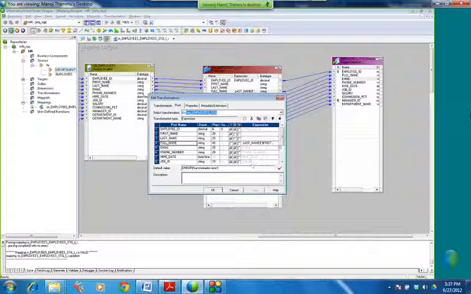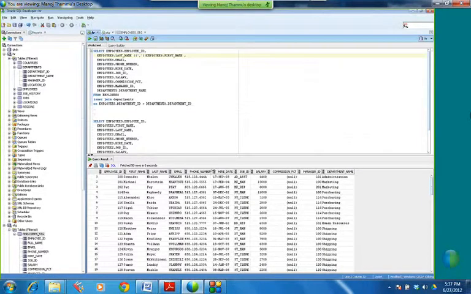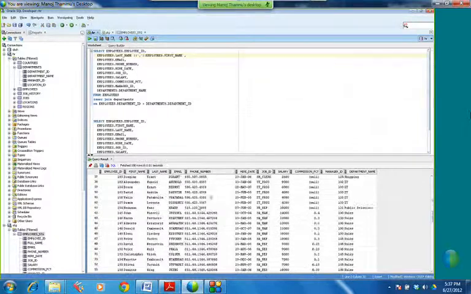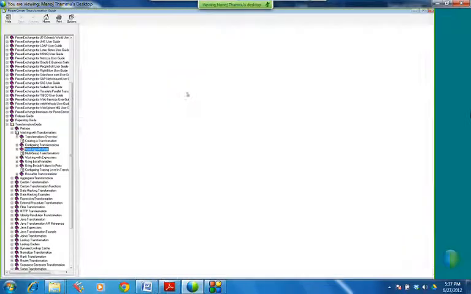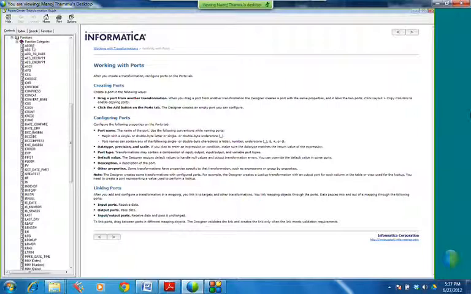So in the expression we can do first name, last name concatenation, and we can also do something like this, if there is our phone number is something like this, right? You can cut this with substring functions. Substring, what is substring? You have to learn. So substring is something in the transformation. Remember this transformation language reference functions. You have to go through these functions. You don't need to know them, but when you need them, you have to know that okay, there is some function for that.